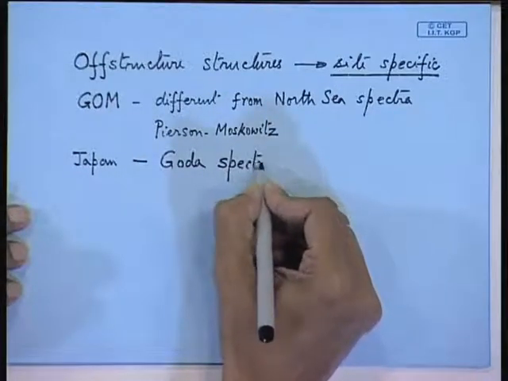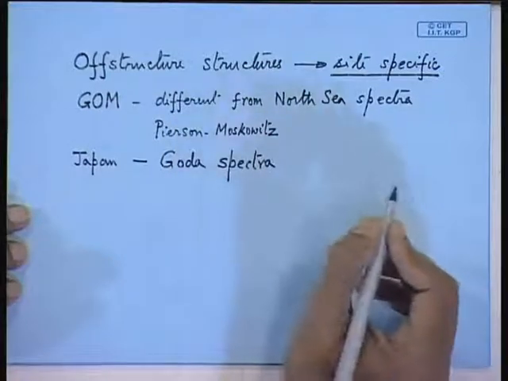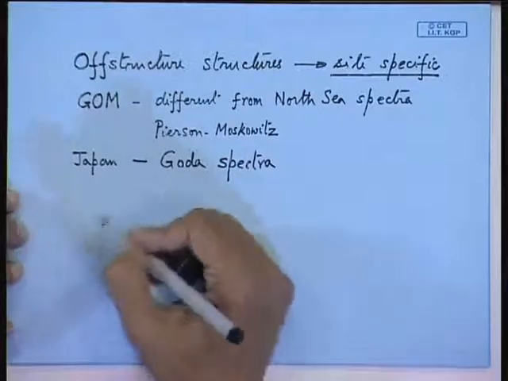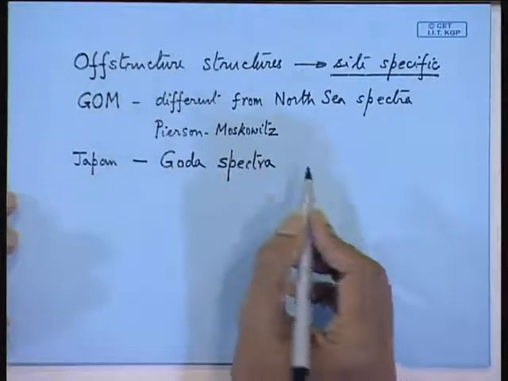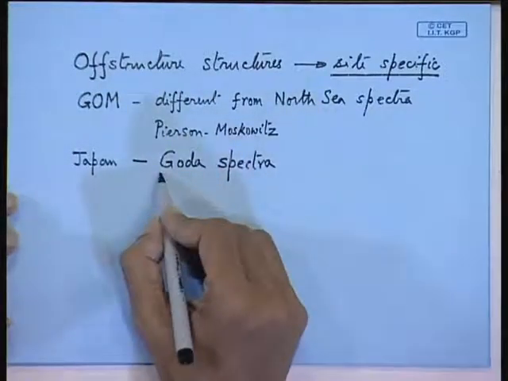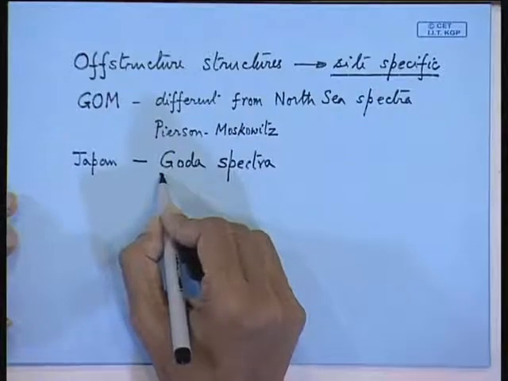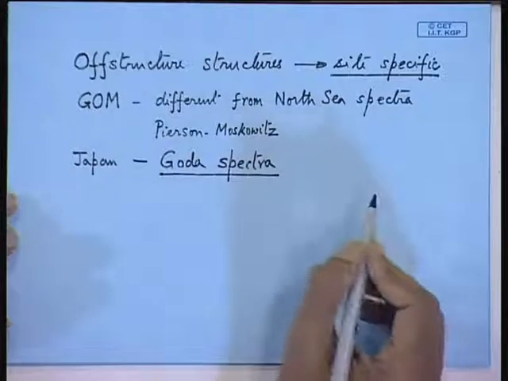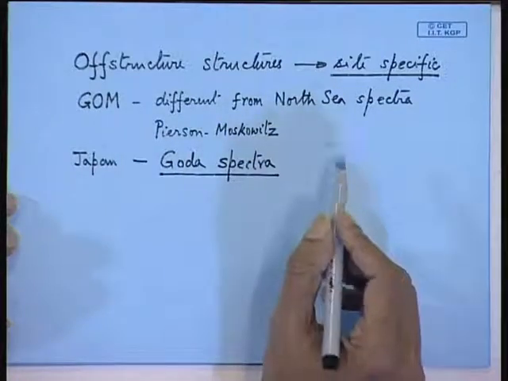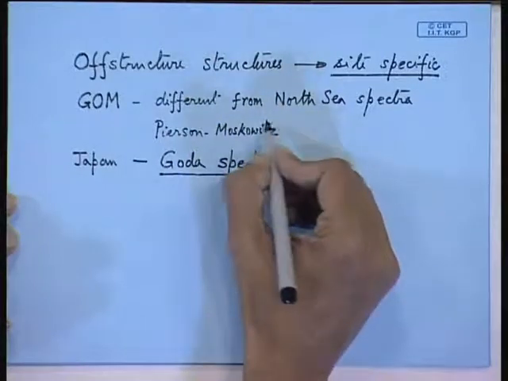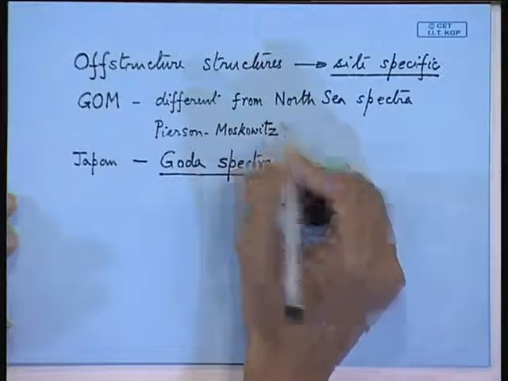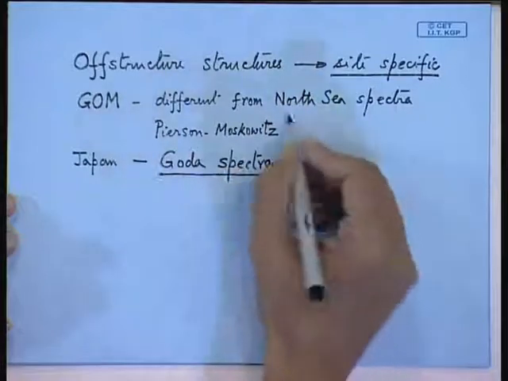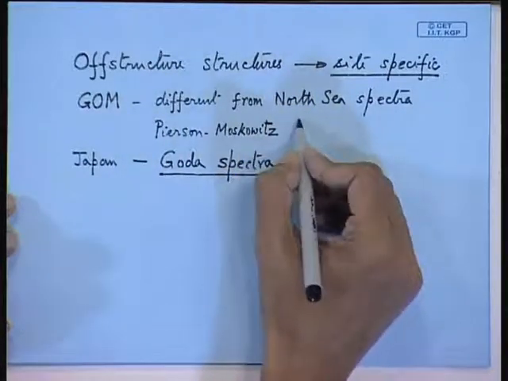They have done a lot of research, taken a lot of data along the coast of Japan, and made their own spectra, called the Goda spectra. This requires a lot of data analysis, which other interested countries can do. If you do not get this, then you can blindly apply Pierson-Moskowitz